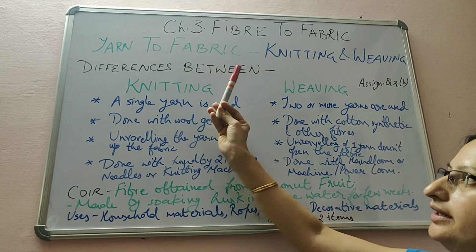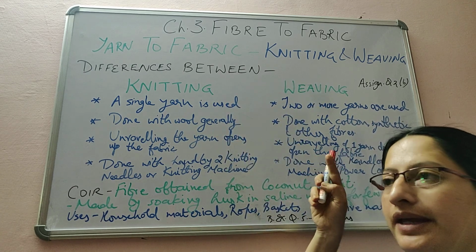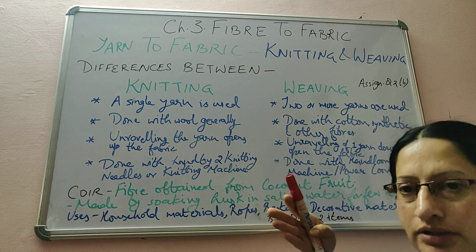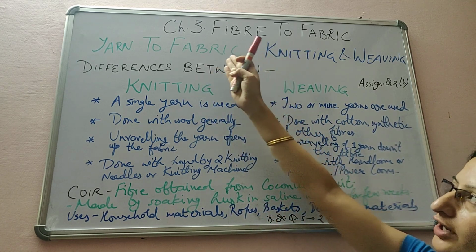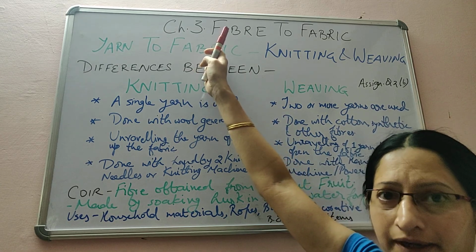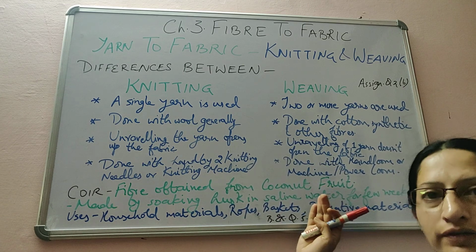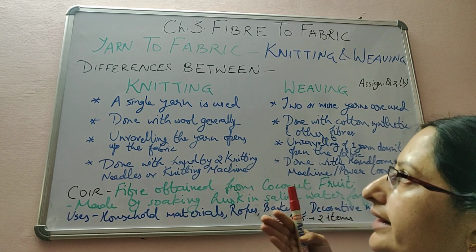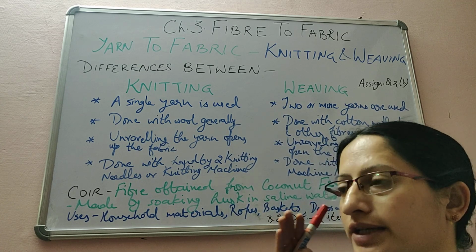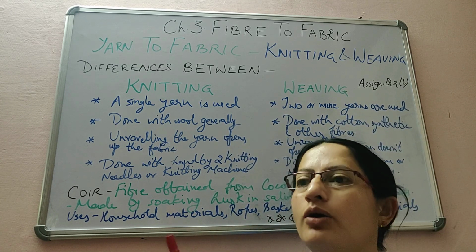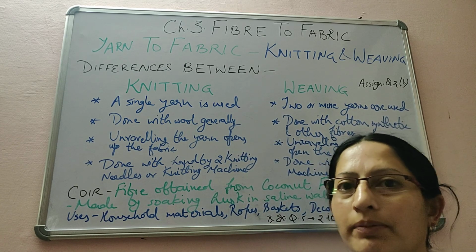But here we are covering the basics of how a fabric is made from a fiber, what is a yarn, and what are the different methods of making fabrics, then what are the tools used. All this we have covered in this chapter, plus along with this we have covered what is cotton. So what is the use of cotton, how cotton is used, how cotton is grown. Then we have also covered about jute,